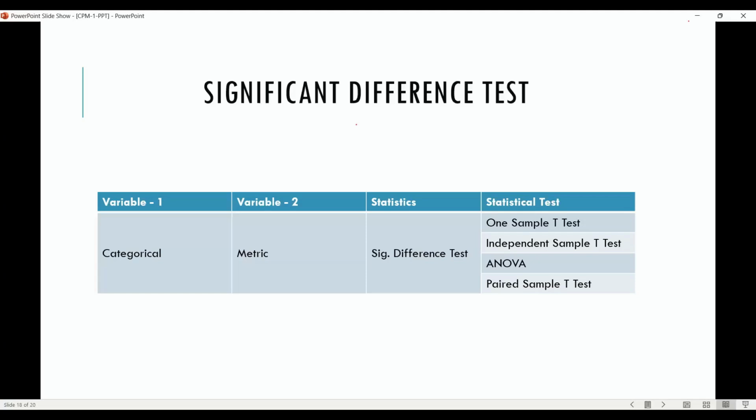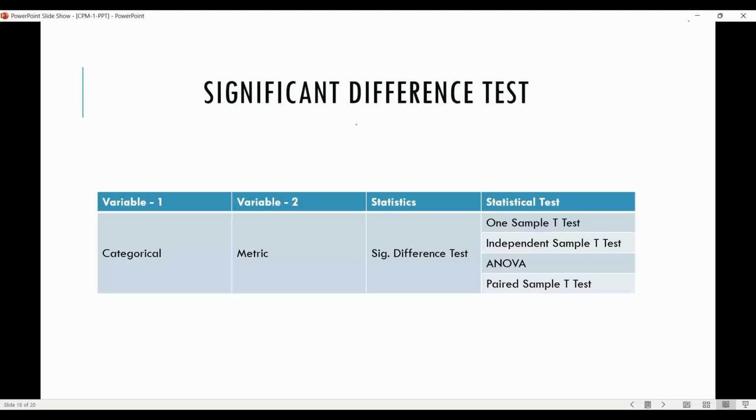You cannot say there is a significant association with mileage. It is completely illogical. You cannot say there is a significant relationship with the mileage. That is also completely illogical. You could only say there is a significant difference in mileage. That's the fundamental thing. If both the data are categorical in nature, at that point of time you can say whether there is a significant association between the variables or not, because here you cannot say positive or negative.